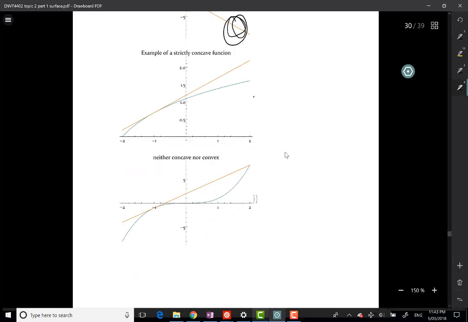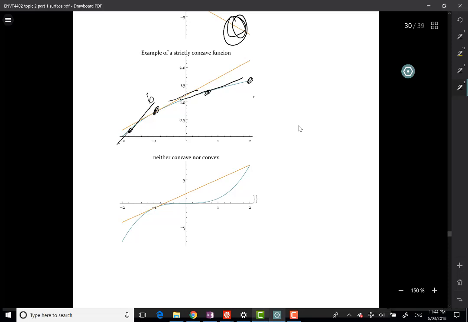A function is strictly concave if you have a tangent line, so this line has got the same slope as the function, which is here at this point B, and that tangent line lies everywhere above the function. So this function is strictly concave, and it doesn't really matter which tangent it is. We could draw another tangent there,